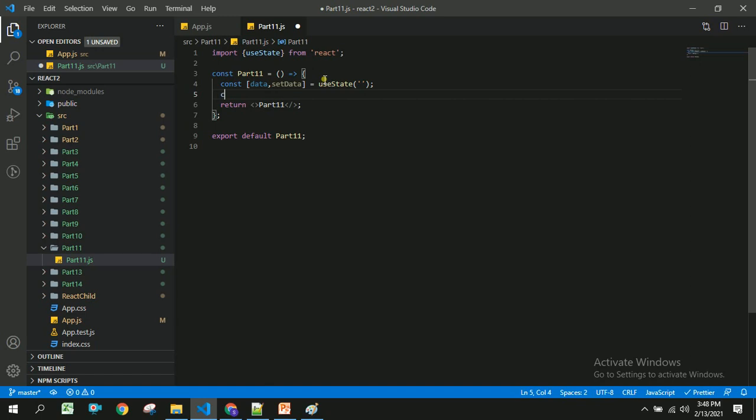Now I am going to take the text area where user can enter the data.